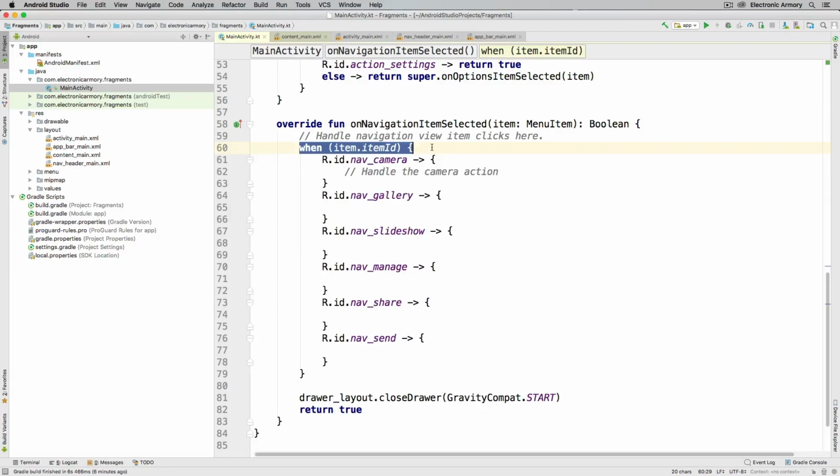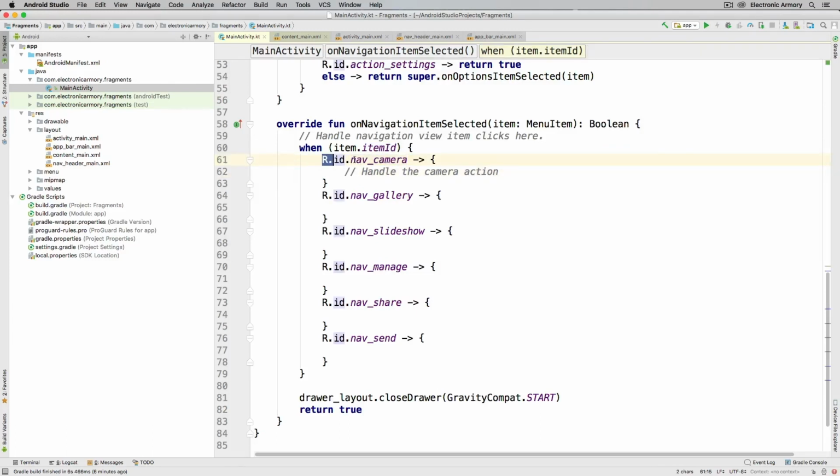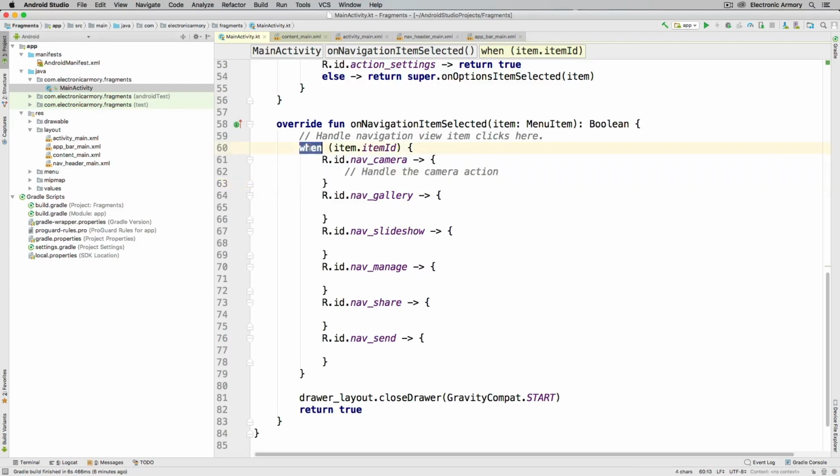And in Kotlin, we use this when methodology here to say when item.itemId is going to be equal to R.id.nav_camera, then go ahead and do this code. And this is where we're going to put in the code that swaps in and out our fragment, which we haven't created yet. But this is very similar to a switch case statement where you have like a switch statement